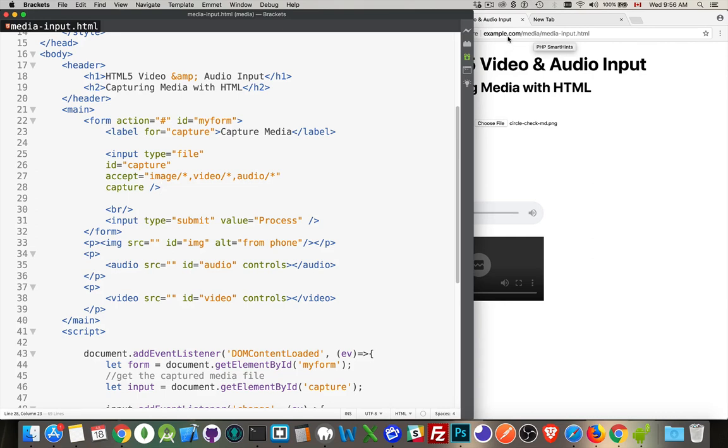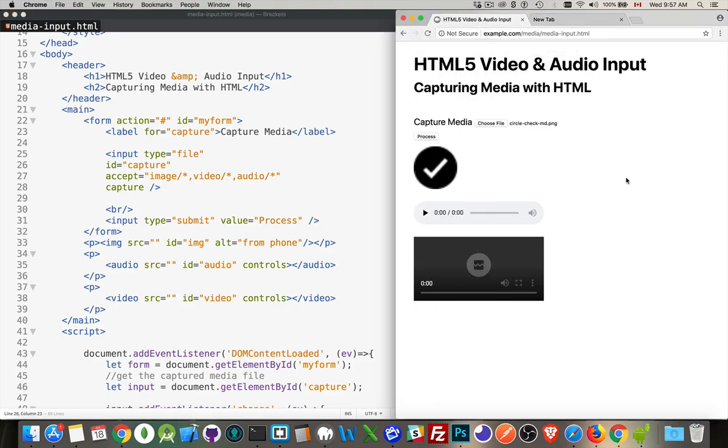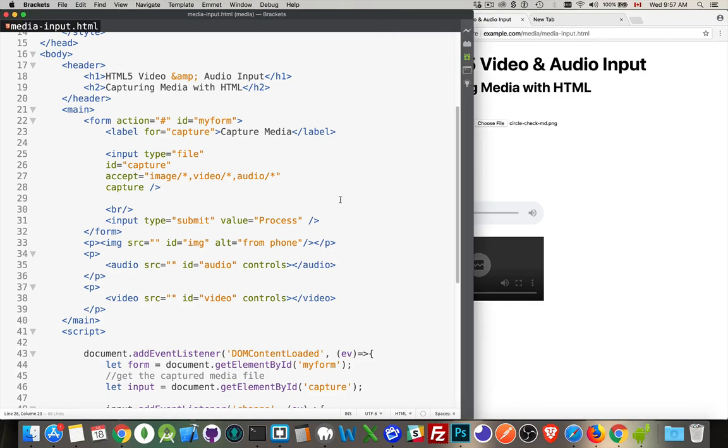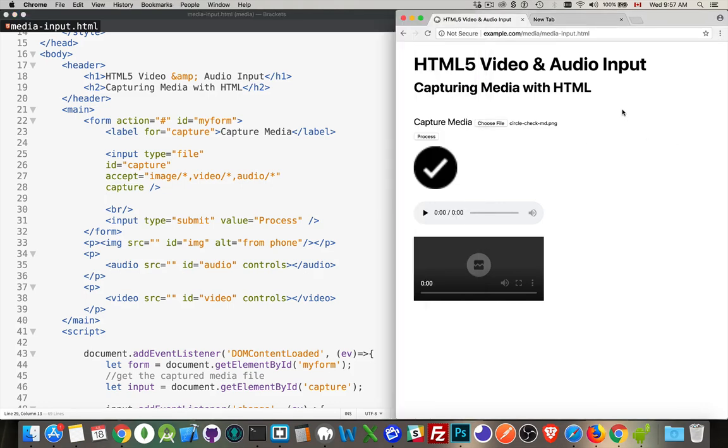If you try it, this isn't going to work for you. I will, however, put this file up as a GitHub gist as I normally do, so you'll have a copy and you can run it yourself. Okay, so I will turn on my phone here. There we are. Okay, now